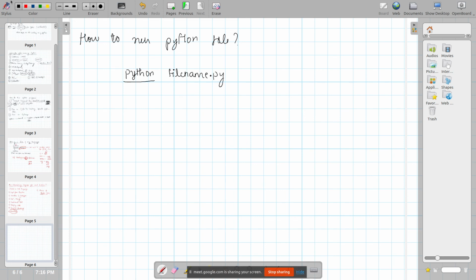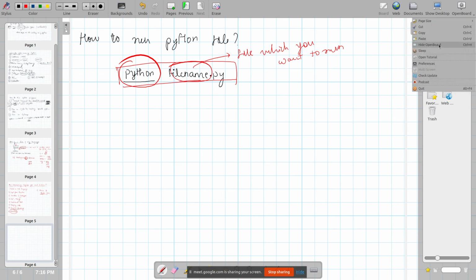This command is basically used to run any Python program, any Python file. This is the file which you want to run. So any Python file you can run with the help of the prefix Python and then the file name. So how should I do it? I'll open a new terminal.